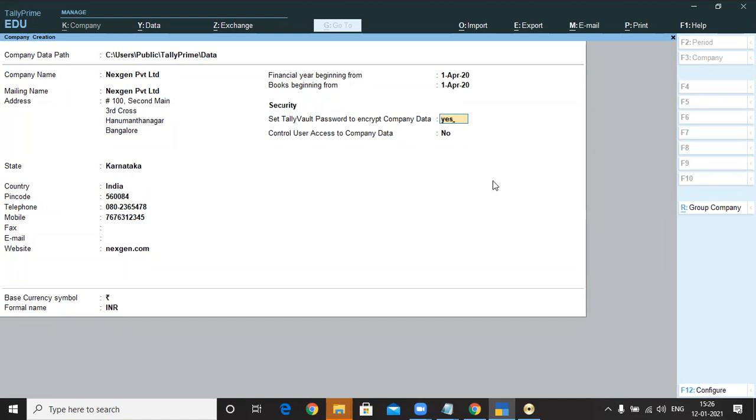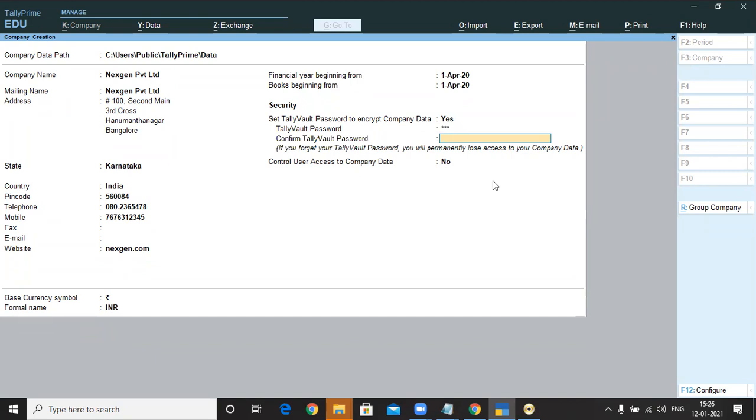If you would like that, say yes. It asks for the Tally Vault password, which you can give, and one more time for confirmation. You get a warning message: do not forget your Tally Vault password. If you forget it, then only God can save your data. Tally itself recommends that you do not forget it.